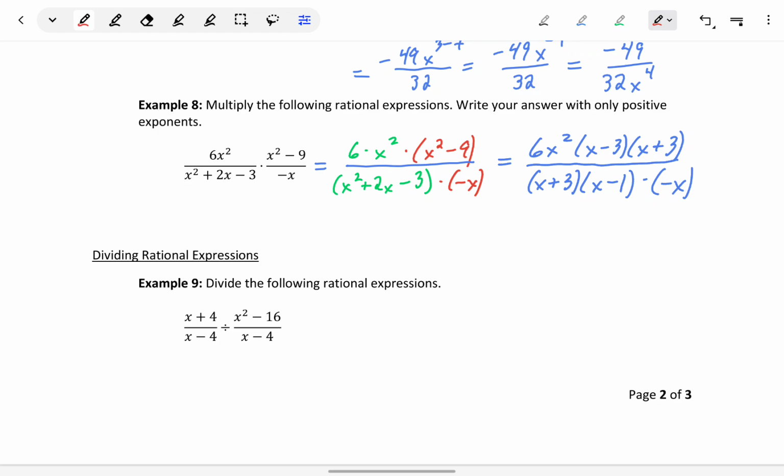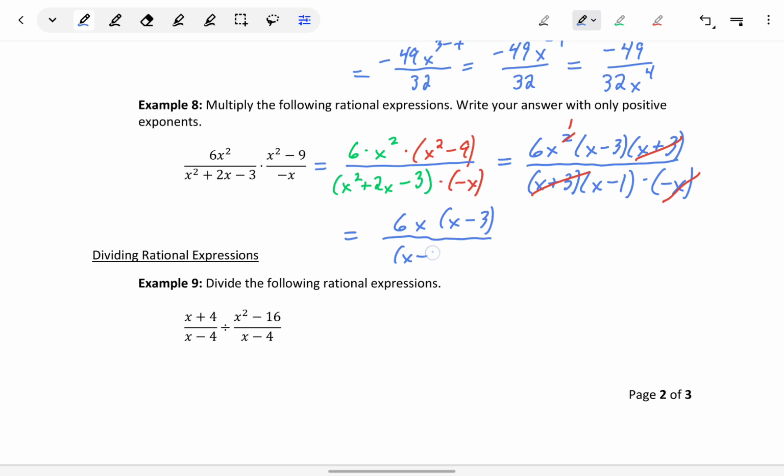Then we can look at what we'll reduce. We have x plus 3 in the numerator and x plus 3 in the denominator. Those two factors will cancel. We have 2 x's in the numerator and 1 x in the denominator. So this x in the denominator will cancel with one of those x's in the numerator, which will leave us with 6x times x minus 3